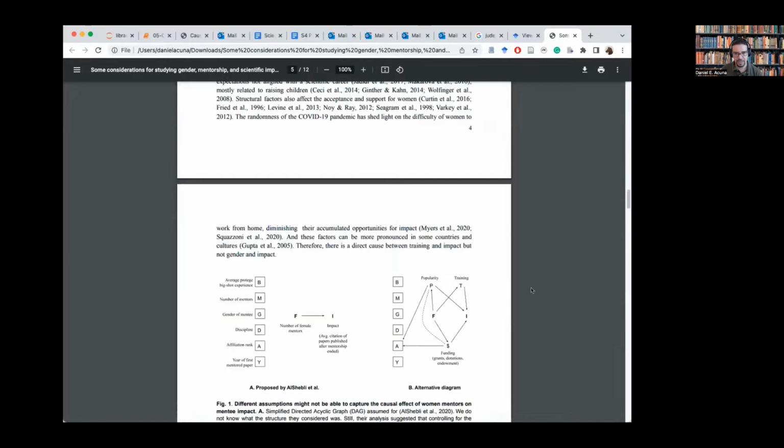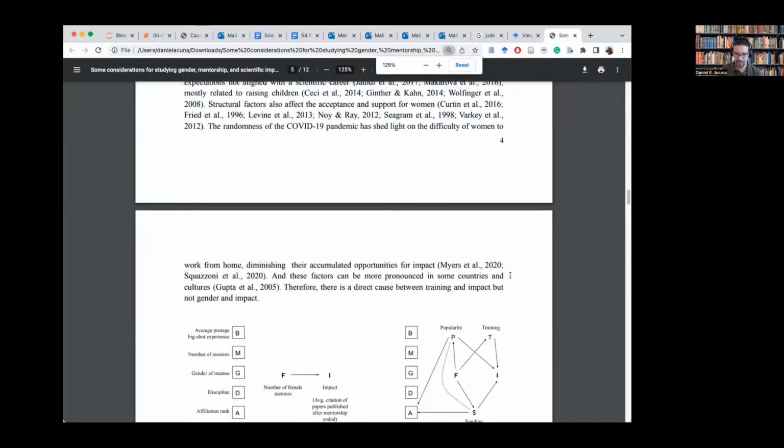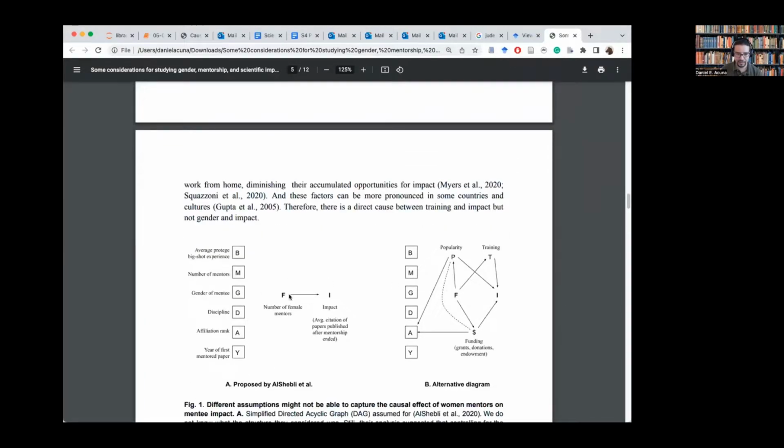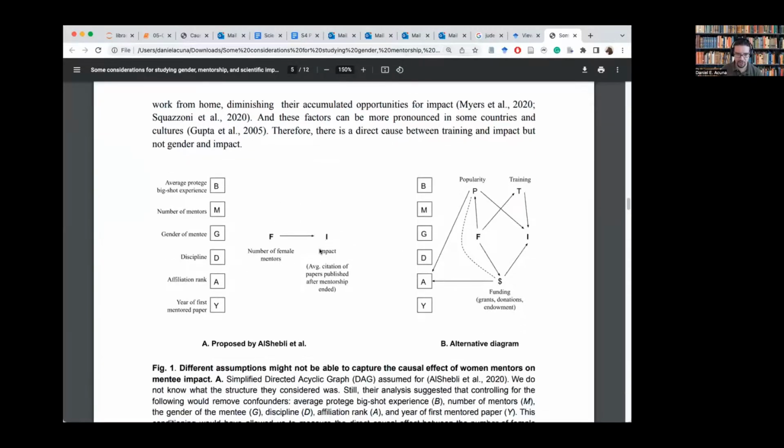So I propose this effect. So they were estimating whether there is an effect between female mentor and impact. Okay, so we say there could be a causal effect, but I propose an alternative diagram that is more complicated, where there is no effect between the number of female mentors, or woman mentor, and impact, but rather there is a more complicated causal relationship involving the popularity of someone,